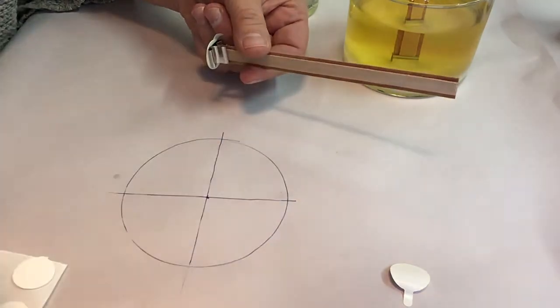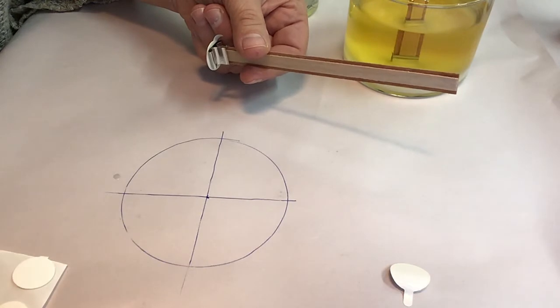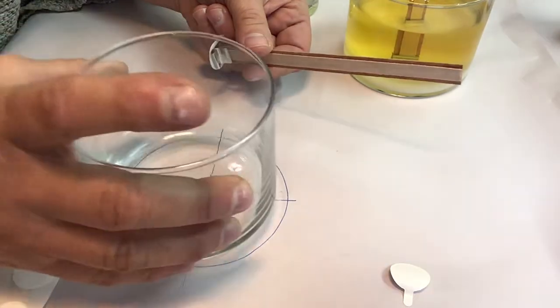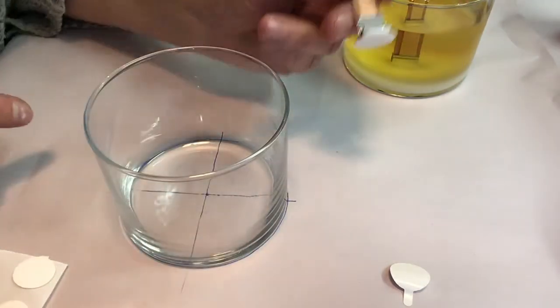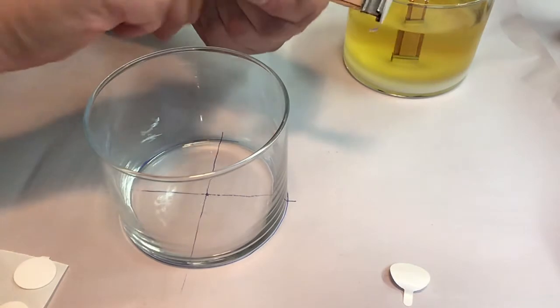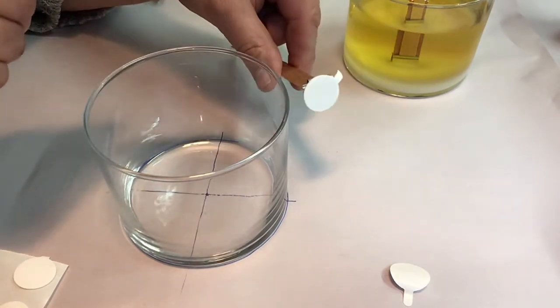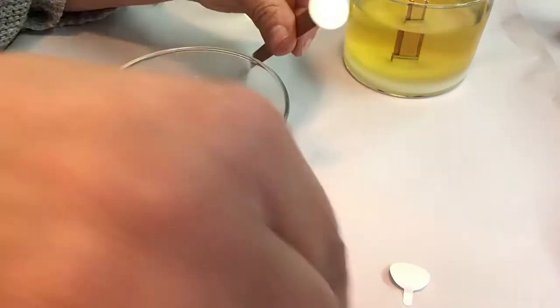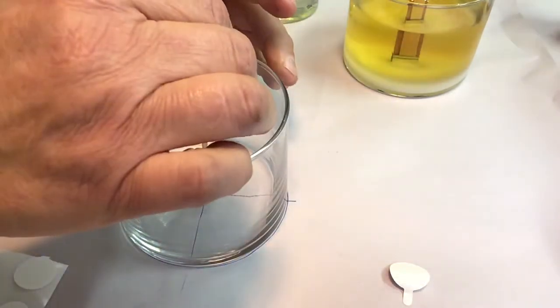You can see I've drawn a template so I can actually center my wick. Once you've done a few of these, you won't worry about the template, but it's good when you're starting off to have some kind of guidance. I've got my clip, so I've pushed my wood wick into the clip. I've put the sticker on the bottom. So all I need to do is peel off that sticker and position my wick in the middle of the